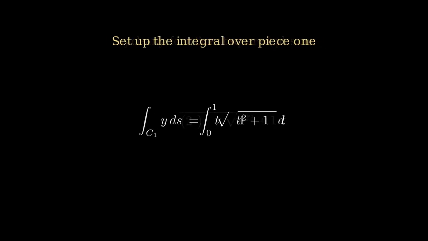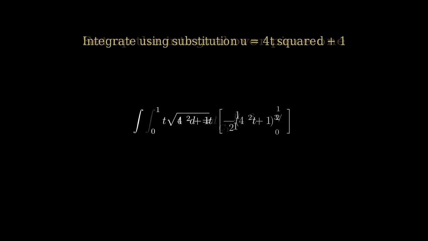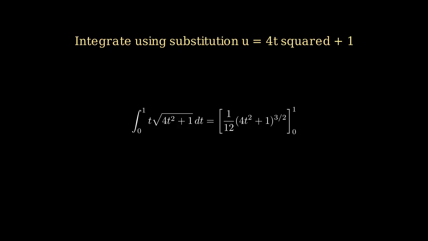Step 4. Set up the integral over piece 1 using this arc length factor. It is the integral from 0 to 1 of t multiplied by the square root of 4 times t squared plus 1 dt. Step 5. Integrate using a substitution. This gives the antiderivative 1/12 times the quantity 4 times t squared plus 1 raised to